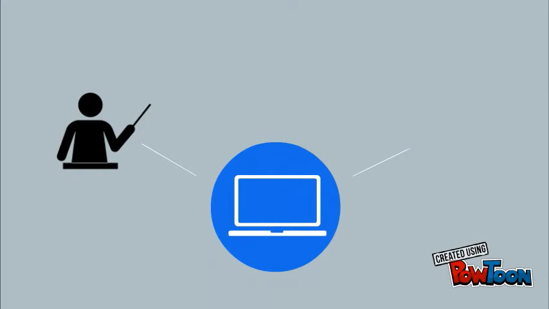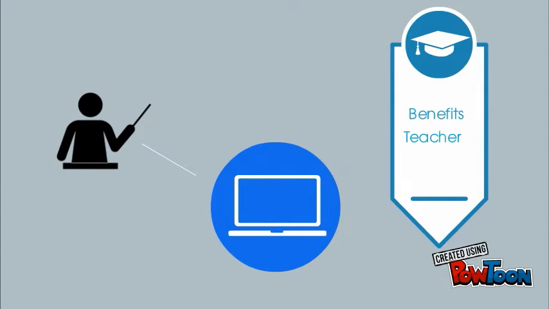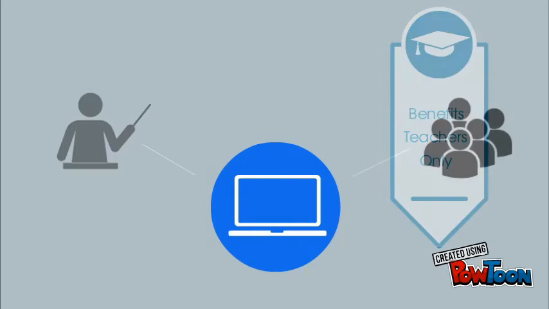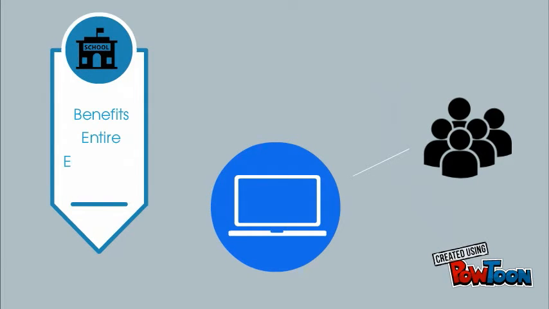Let's take a closer look at the invasive species. The invasive species in this metaphor has two main subforms: computer uses for teachers and computer uses for students. Computer uses for teachers mostly benefit the teacher only, such as a computerized mark book, which allows the teacher to record student attendance and marks. Computer uses for students tend to benefit not only the student, but the school ecosystem as a whole.